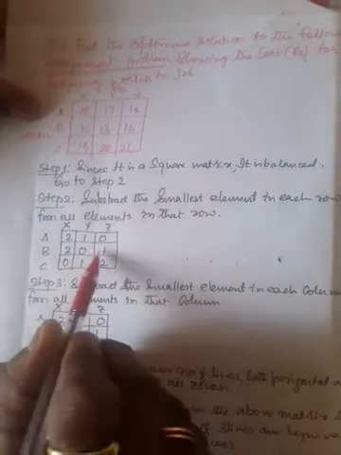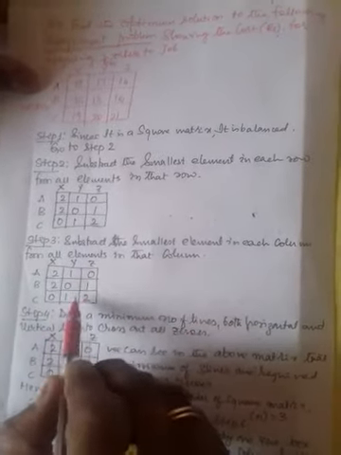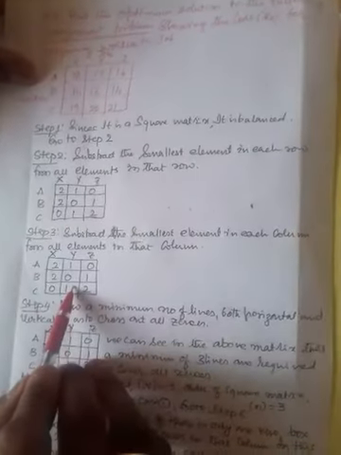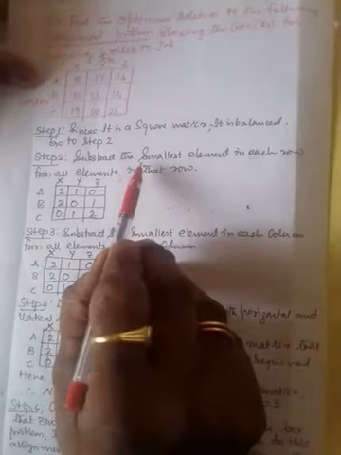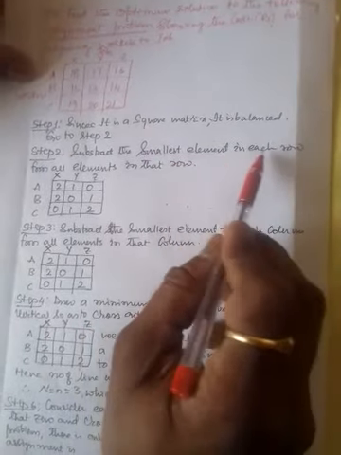We are seeing the same table here. Go to the third step: subtract the smallest element in each column from all elements in that column. I think there is no change in the columns in this case, therefore keeping the same one. Again, take care that we start subtracting the smallest element row wise, then column wise. Do not interchange the procedure. Go to step 4.